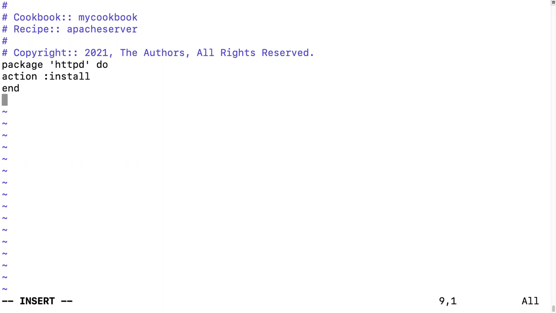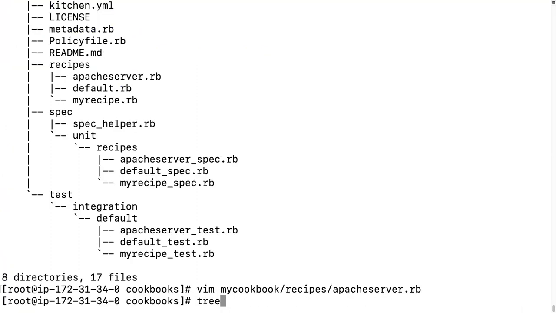And also I'm going to write some content into the default file. Let's see if it's working. Enter, and I'm going to run my recipe.